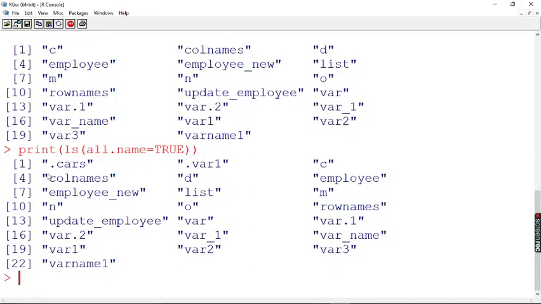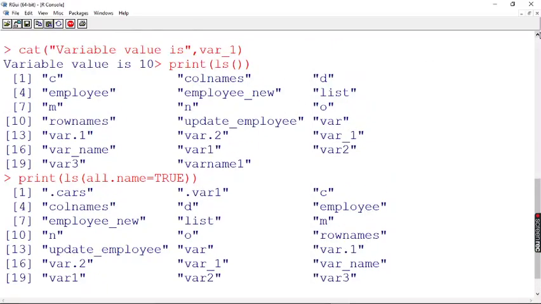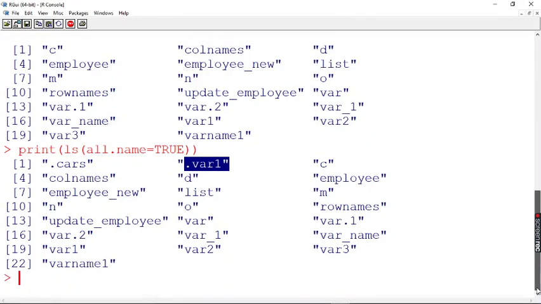If I do this, that variable will also be listed. See here, you have dot cars there. Yes, all these are displayed. In the previous one you didn't have them. See, it started only with C. You can find the output. Now you see you have dot cars, you have dot variable. Fine. So you can find the difference now. This is how you can list and check all the variables which are active in your workspace.